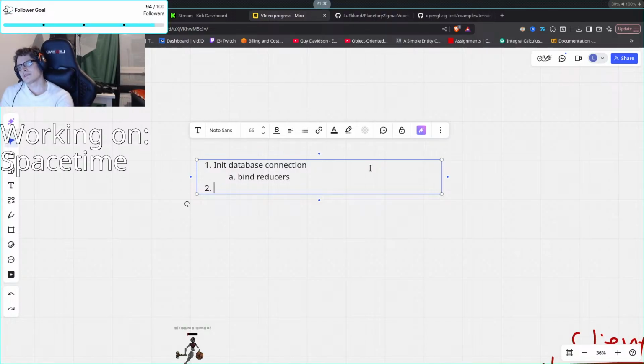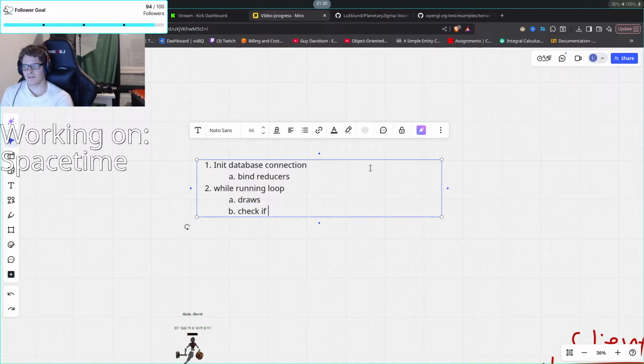But after that, we need to enter a loop: while running, a loop that draws and then checks if there are new lib calls, lib functions.